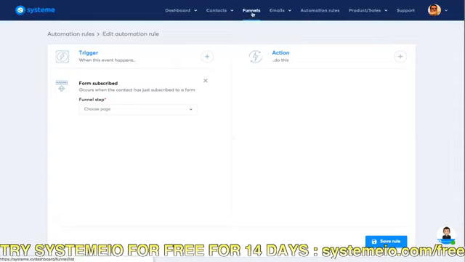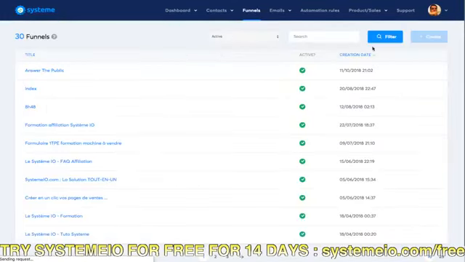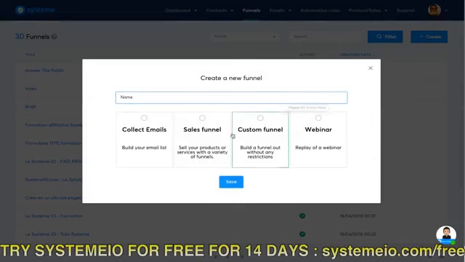So this is for the payment pages, but for the sales pages where you will talk about your products, this will happen in funnels, of course. When you create a new funnel, there is a wizard which allows you to create very easily the basic pages that you need in a typical funnel. Will you create a funnel just to collect emails and build your email list, or a sales funnel to sell your products or services?